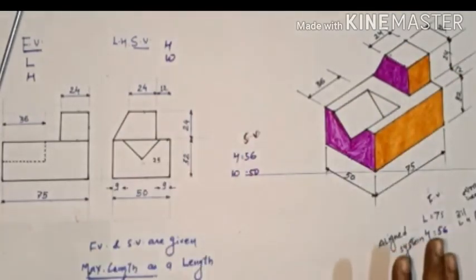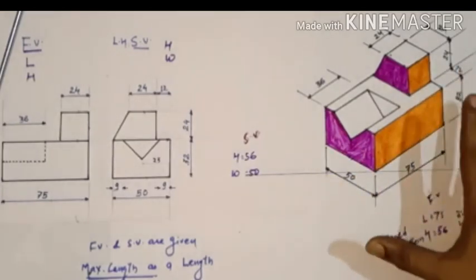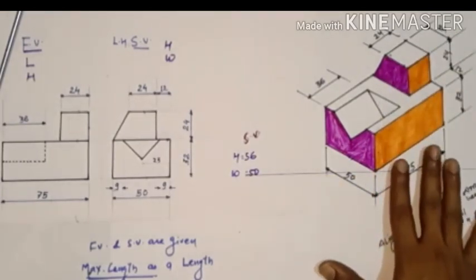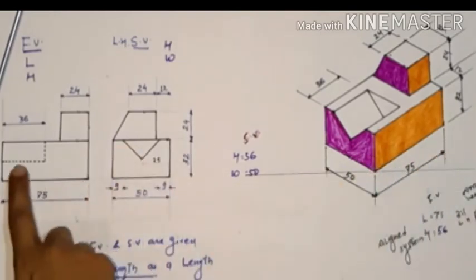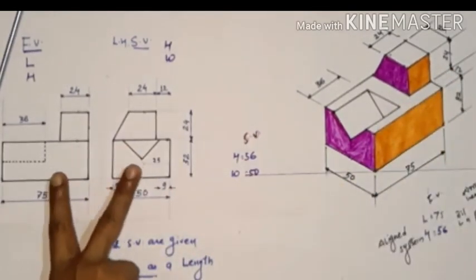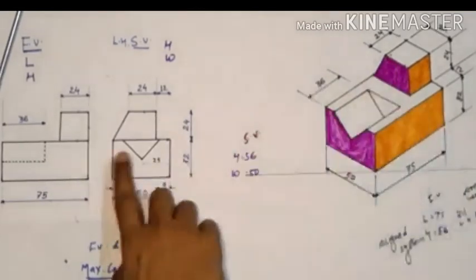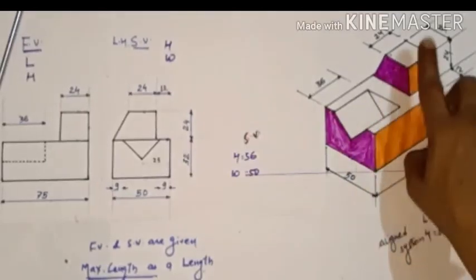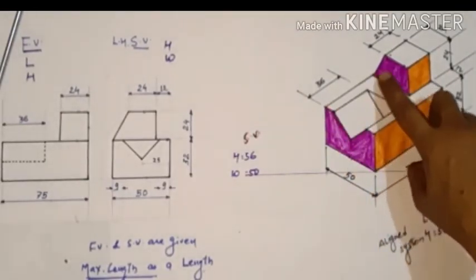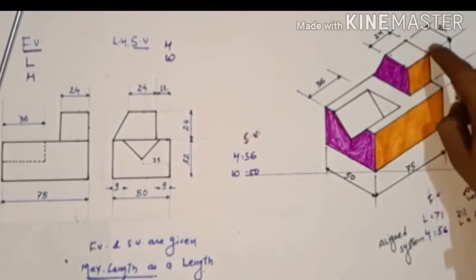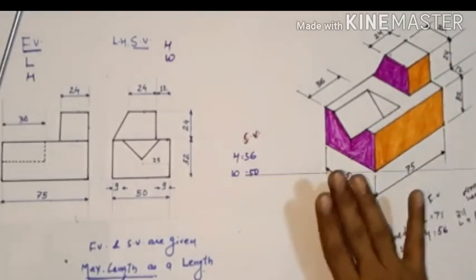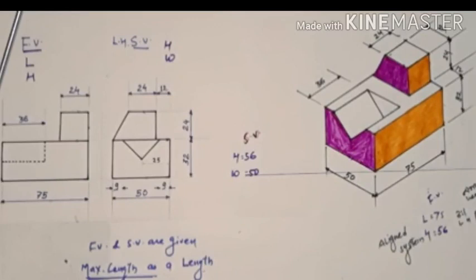If we have a problem of orthographic projection, when the question is given looks like this, and in the question we are asked to draw the 3 types of views as front, side and top. So here you can easily see that there are 2 views, front and top. So this is your front and this is your side, but this portion is your top view. So like this, and some portion like this is 24 mm, this is 12 mm left. So you just complete this at home.